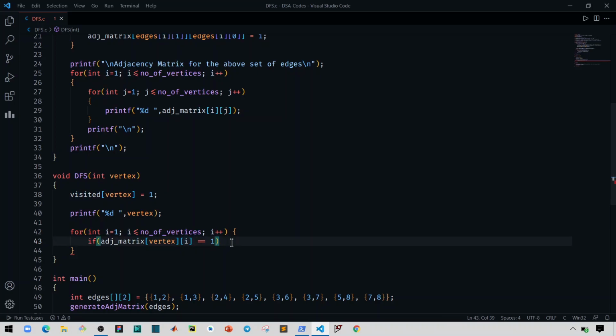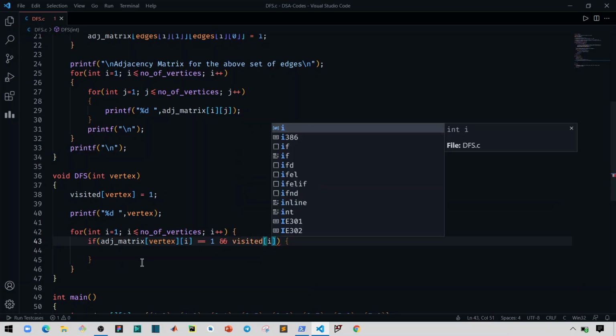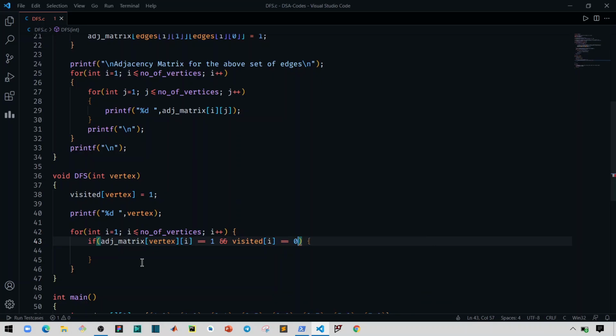If that edge is present, then we will do the following. But we have one more condition here, that the node i should not be visited earlier. That is, visited of i should be equals to 0. Then only this should happen.